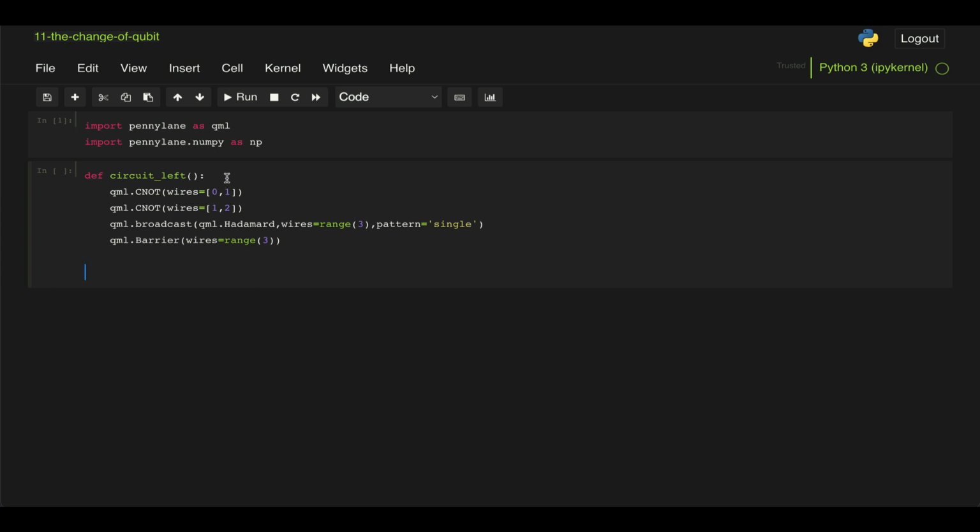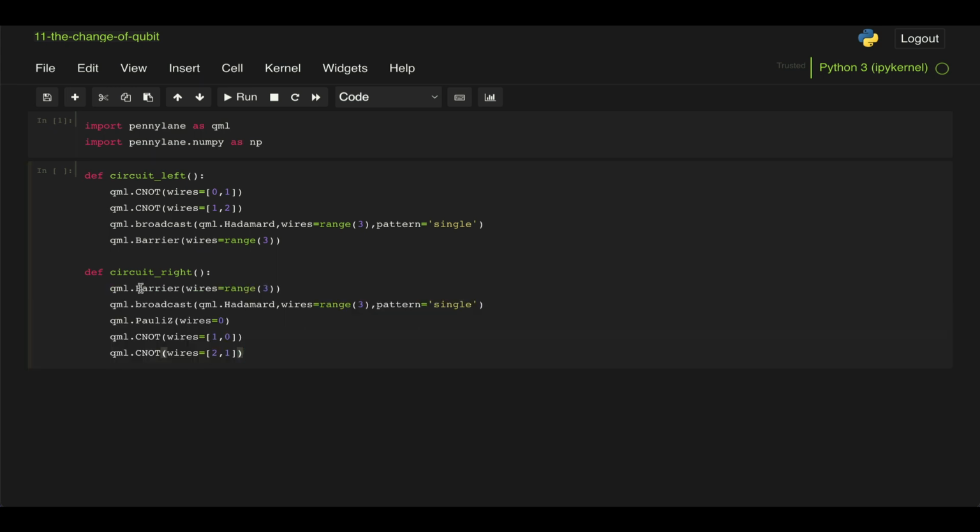Then we're going to define our right circuit. So define circuit right. And I'm just going to copy and paste the code I have already here, which has, again, a barrier just to make it easier to draw, using broadcast to apply the Hadamard gates, the Pauli Z, and then the CNOTs that we need to guarantee that state psi is in the last qubit. And then I'm just going to copy and paste some of the code that was given to us, which is responsible for applying the U gate, which is that error at random,